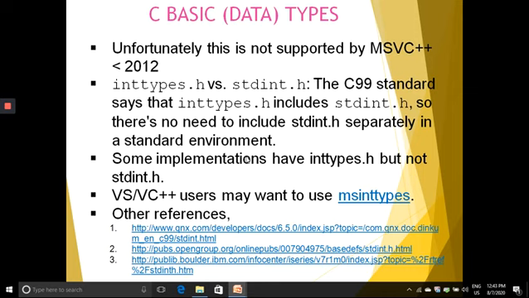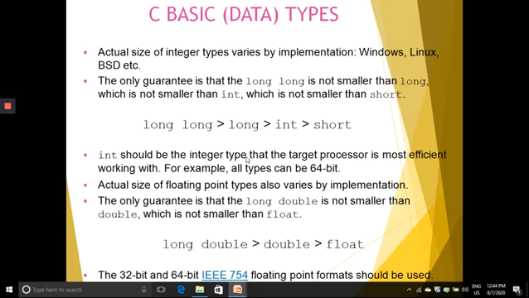What are the provisions and details regarding uintmax_t and intmax_t? The actual size of integer types varies by implementation: Windows, Linux, BSD, etc. So depending on the operating system, the actual size of integer types varies. The only guarantee is that long is not smaller than int, which is not smaller than short.